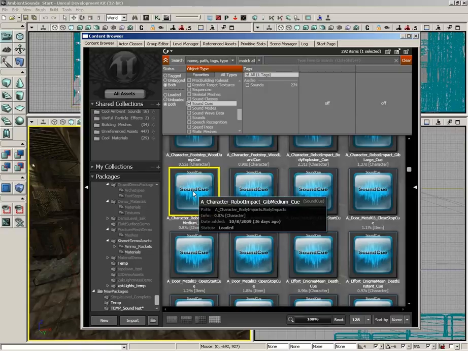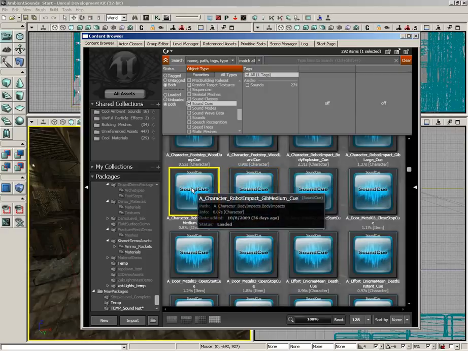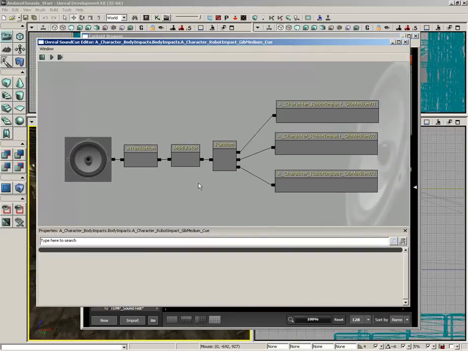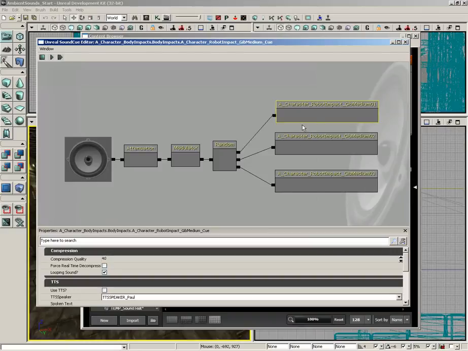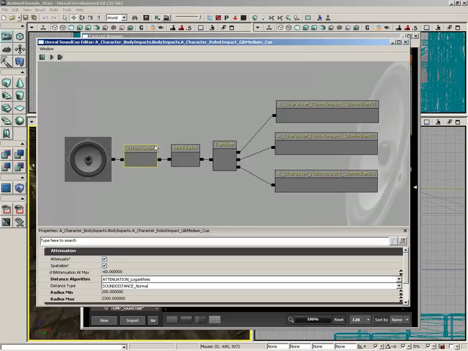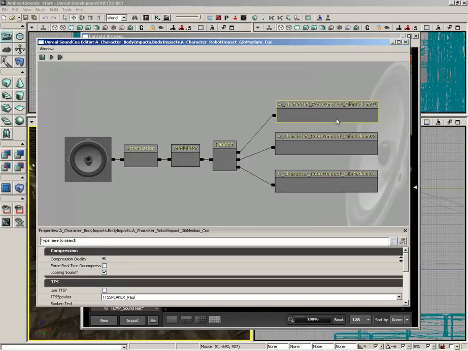sound cues are edited through a visual editing system called the Sound Cue Editor. Let me show that to you real quick. If we right-click on any sound cue, we can choose Edit using the Sound Cue Editor, and you get a little editor that's very similar to Kismet or the Material Editor, in which you can take sound wave data in the form of a visual node and combine them together with a variety of other nodes to create your final effect. So in this case, we have 3 sound effects, which we can sample individually by clicking the Play Selected